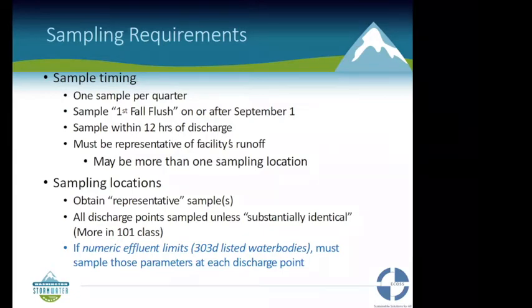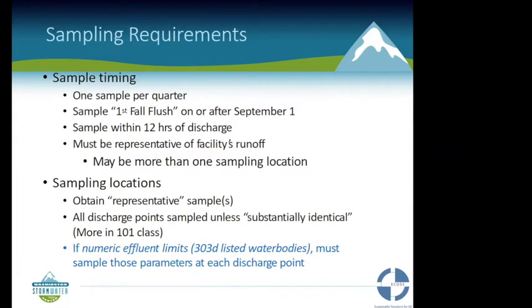And it has to be representative of your facility's runoff. So you may have more than one sampling location. And if that is true, then remember to label those accordingly as sampling location 1, sampling location 2, etc. And then, so you need to obtain a representative sample, and all discharge points sample, unless substantially identical, must be sampled. So that's something that is talked more in depth at the classes that ECOSS puts on. But basically what it means is,